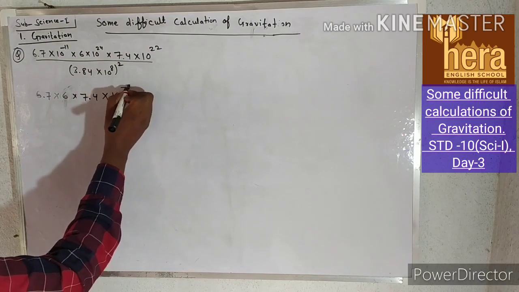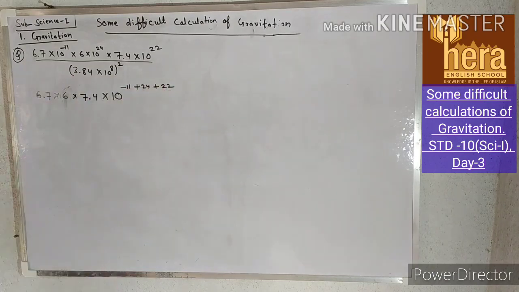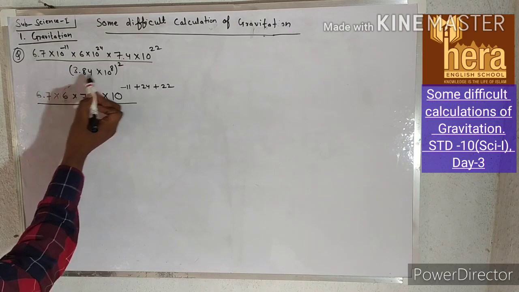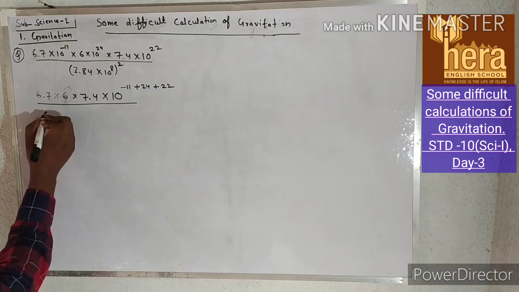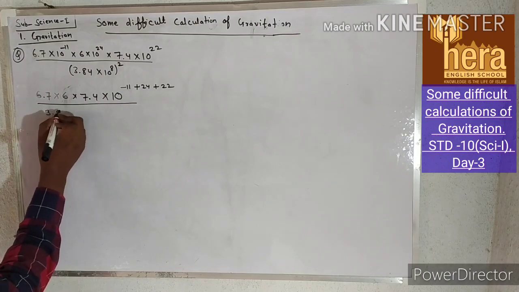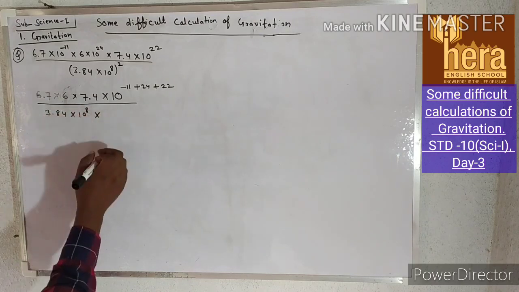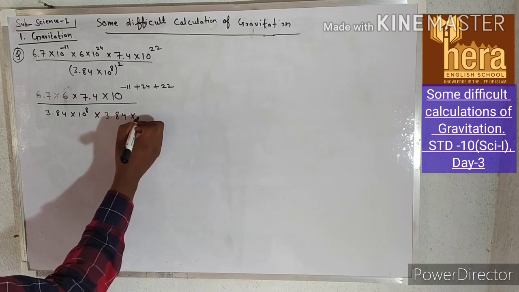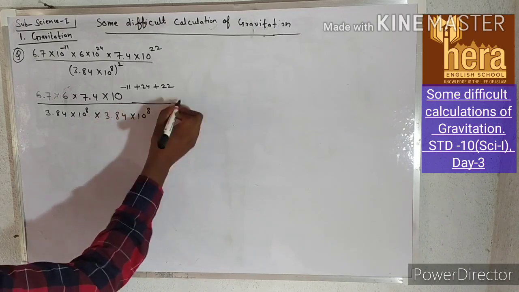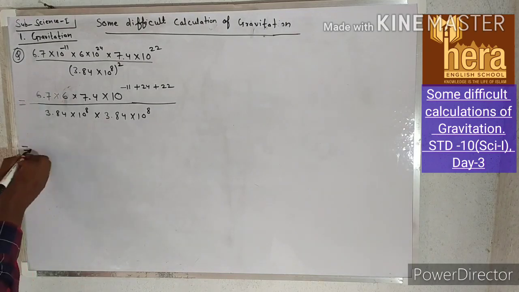It means minus 11 plus 24 plus 22 upon, see, this number is twice. Since here is the square, this number is twice. So write 2 times 3.84 into 10 raised to 8 into 3.84 into 10 raised to 8. This will be equal to